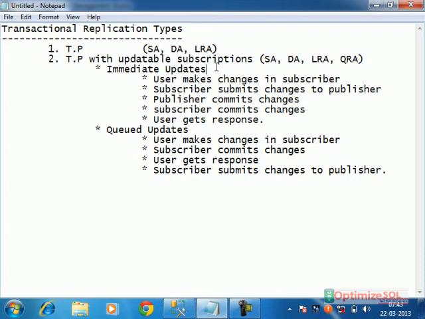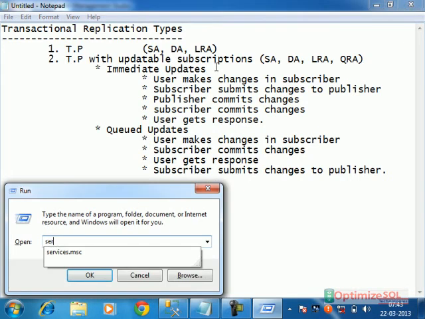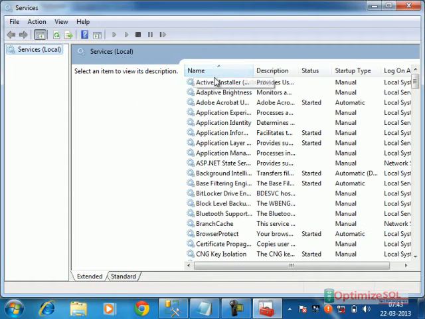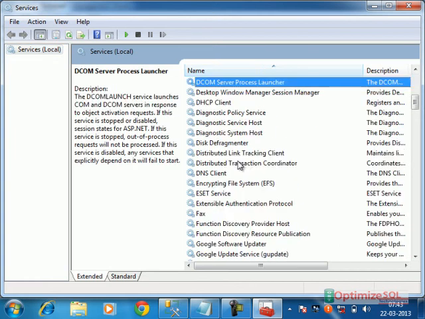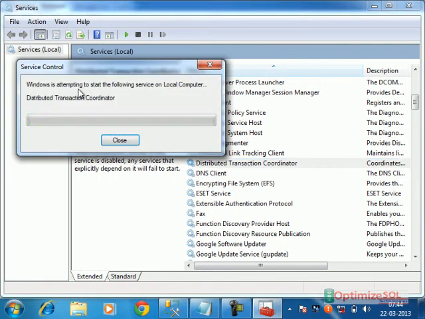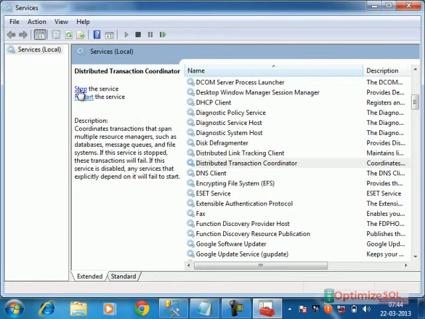So we have seen already, we can go to services.msc. We can check whether the DTC service is running or not. See here, Distributed Transaction Coordinator, I will say start. It must be running on the subscriber.